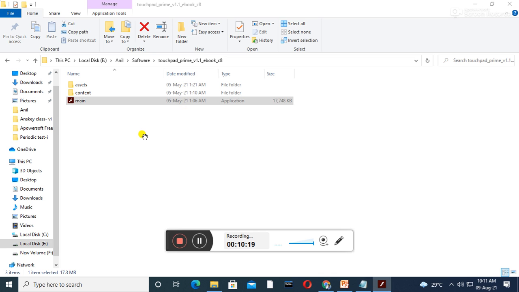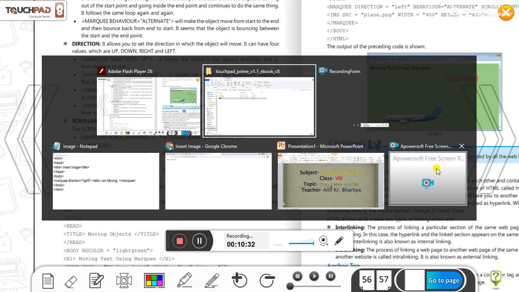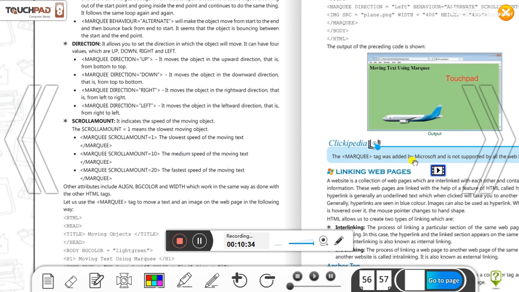Scroll amount equal to 1 means the slowest moving object. If you write scroll amount 10, it means medium speed of moving.